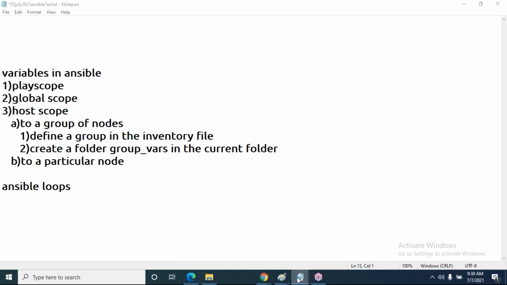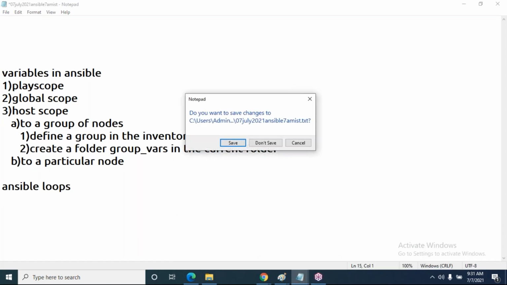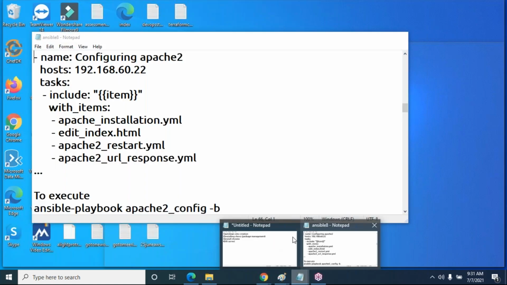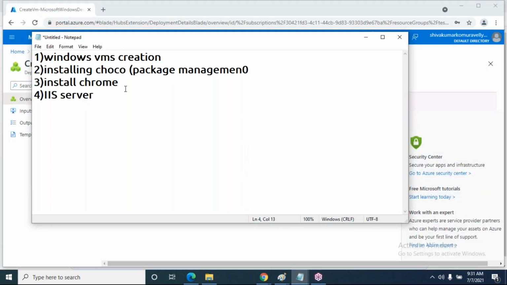What is the specialty of Chaco software? What is the advantage? As a DevOps engineer, you are not supposed to use any graphical user interface. You have to write commands for each and every activity. In the earlier days, if you wanted to install software, first we downloaded it. Suppose I want to install VLC media player. What is our approach? First we search in Google for the appropriate version, then we download it, then we install it, then we set the path. These three things are required for installing any kind of software. That is a non-DevOps approach.